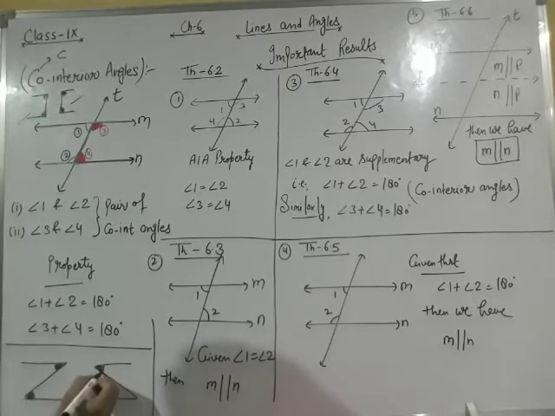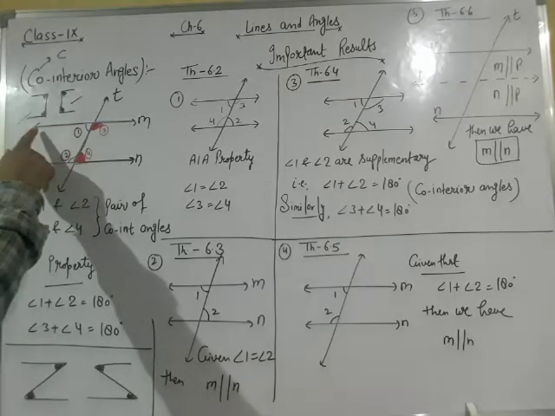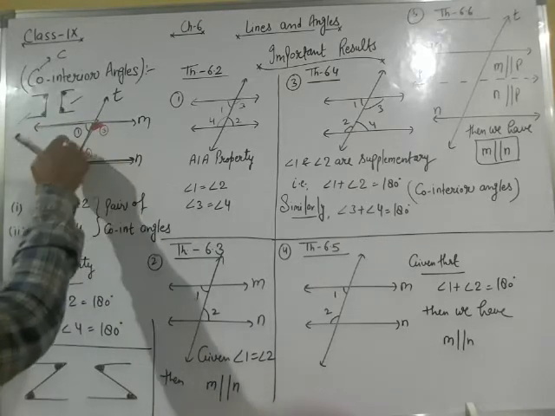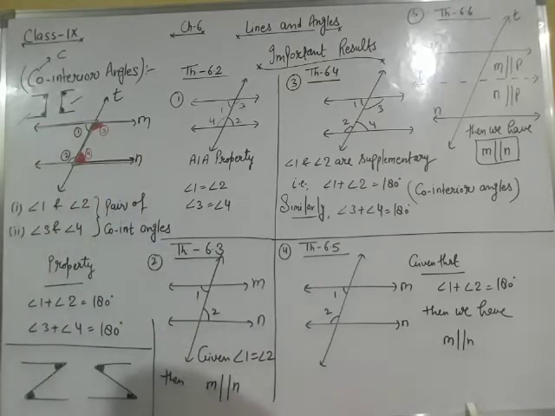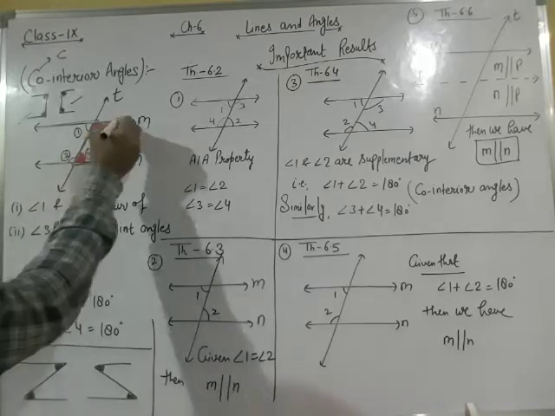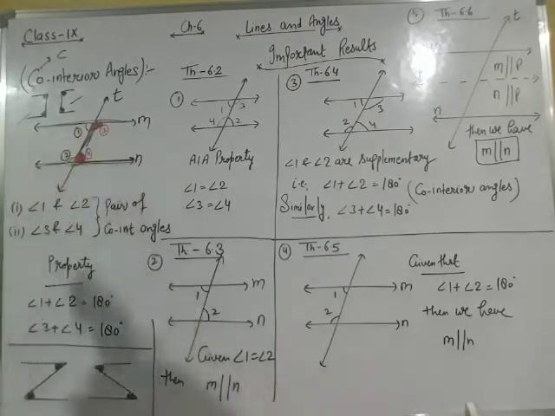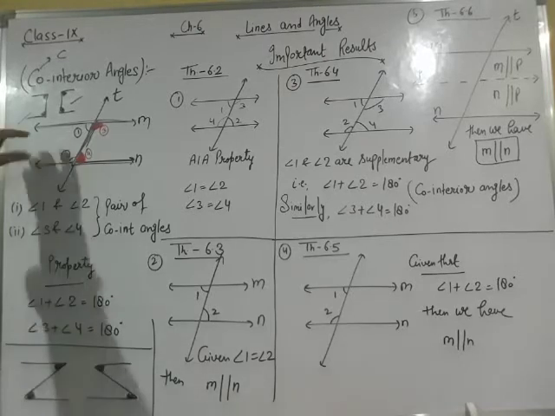So these are the alternate interior angles. In this figure, this is like Z. So angle 1 and angle 4 are alternate interior angles. Similarly, this is the mirror image of Z. So 3 and 2, these are the alternate interior angles, and alternate interior angles are equal if lines are parallel,